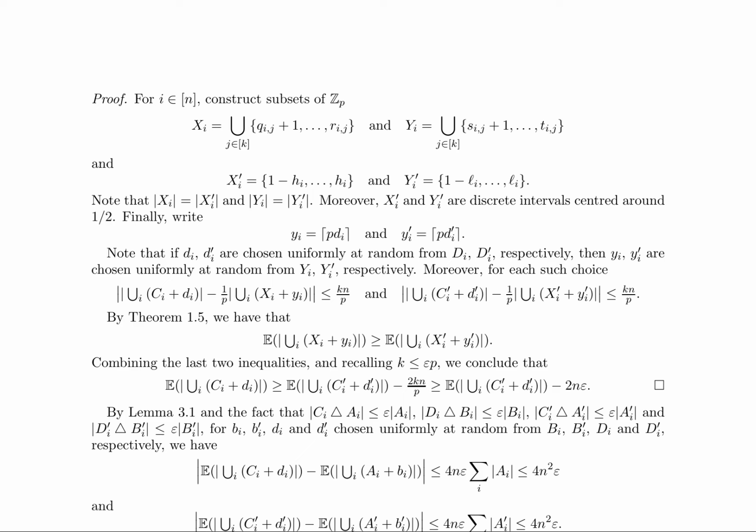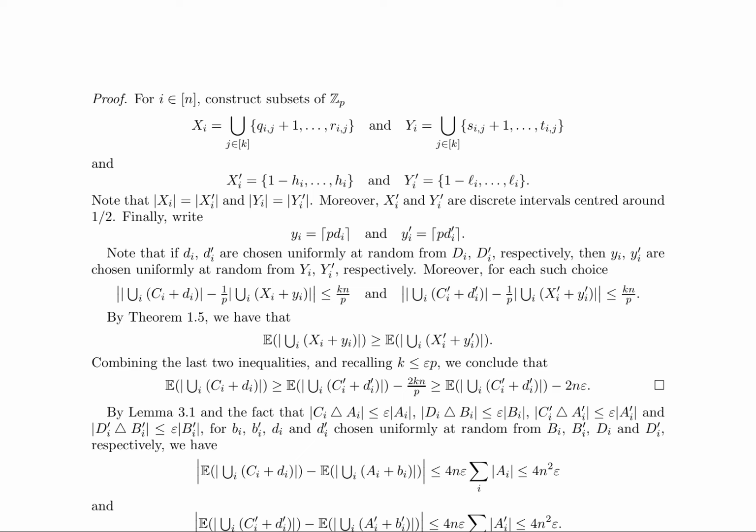The variables y_i and y'_i are defined as the ceiling of pd_i and pd'_i, respectively. When d and d' are chosen uniformly at random from D_i and D'_i, respectively, then y_i and y'_i are also chosen uniformly at random from Y_i and Y'_i, respectively. The inequalities |∪_i (C_i + d_i)| − 1/p |∪_i (X_i + y_i)| is less than or equal to kn/p and |∪_i (C'_i + d'_i)| − 1/p |∪_i (X'_i + y'_i)| is less than or equal to kn/p are derived, which are then combined with theorem 1.5 to conclude